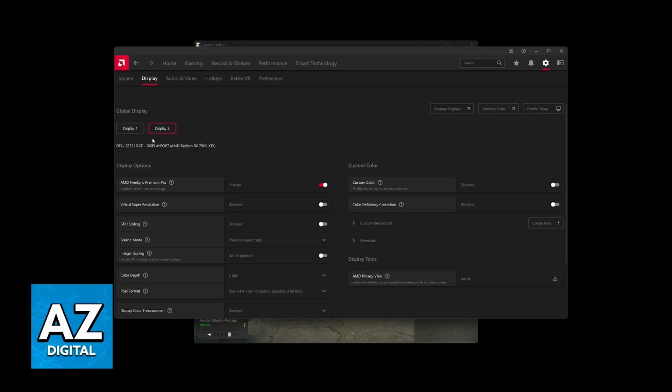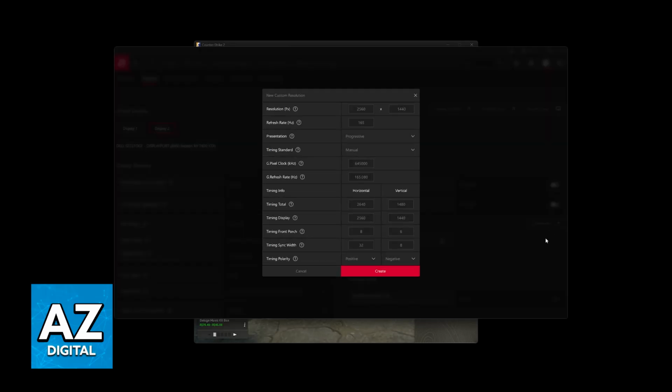If you have multiple monitors, choose the specific one that you will be adding the resolution to, and then under custom resolutions, you will be able to create new. If you never use this function, you will have to read and agree with the terms, and then click on this button here, create new. Like I said before, for NVIDIA, it is similar, but the interface will be different. But usually it is going to be under change resolution and then customize.